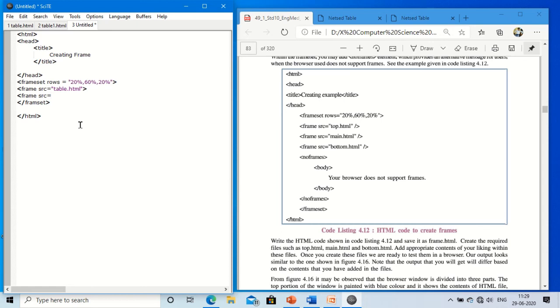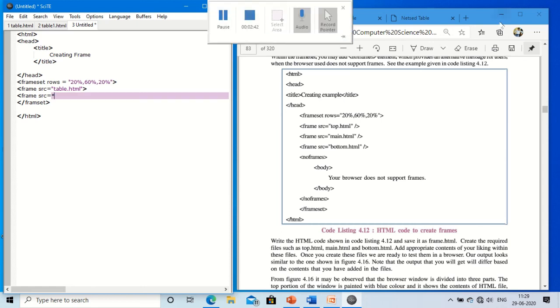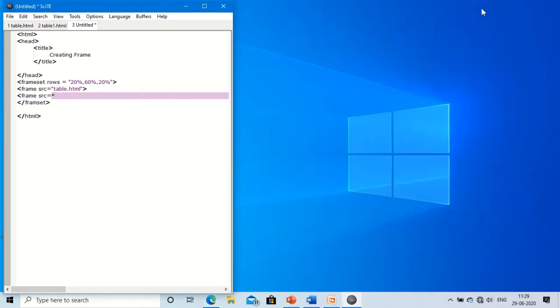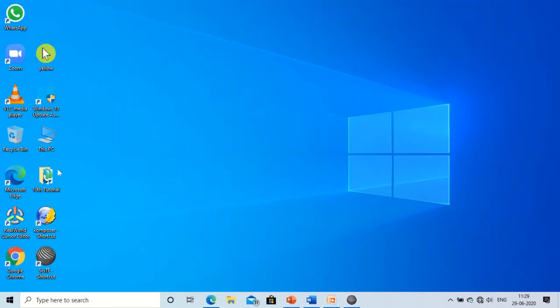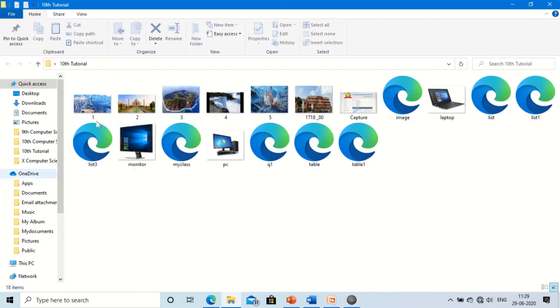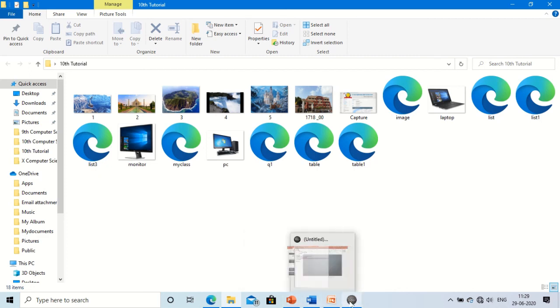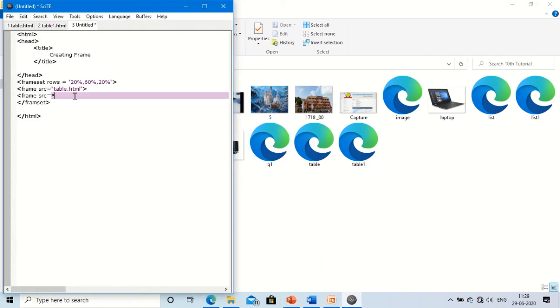Let me show you which page I want to open. I want to open list 3, so I'll give list3.html. Here all the files are in the same folder, that's why I'm writing only the file name.